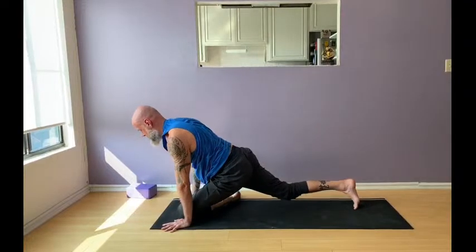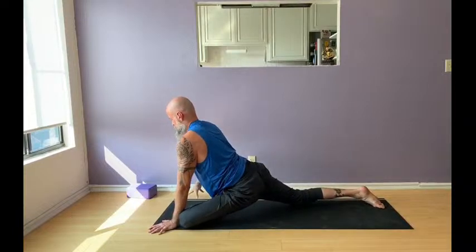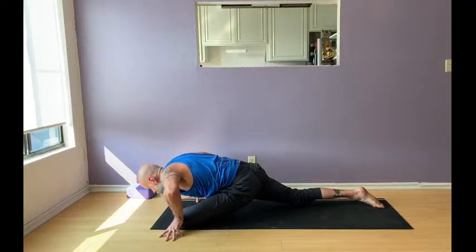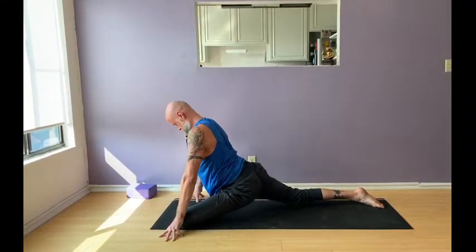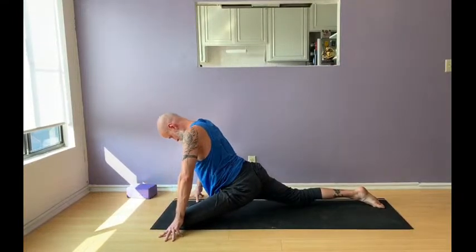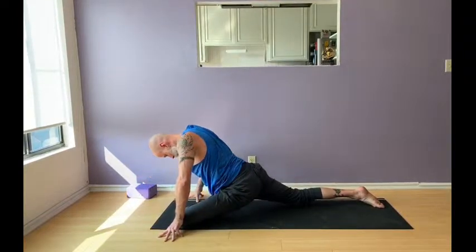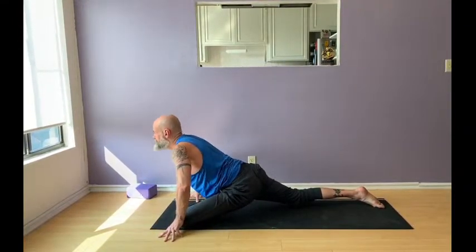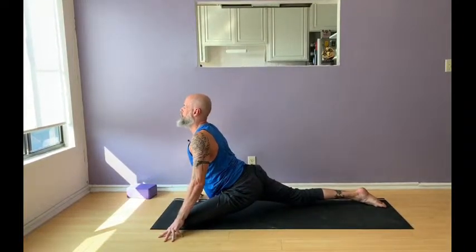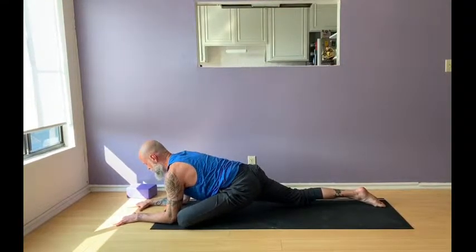Slide to pigeon, and let's take that journey on this side. So starting with our undulations, inhale lifting up, exhale rolling down. Number 5. And as you come down, coming onto your forearms first, and we're going to find that forearm plank